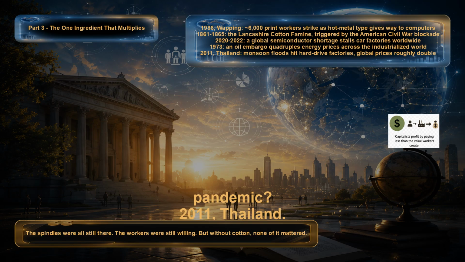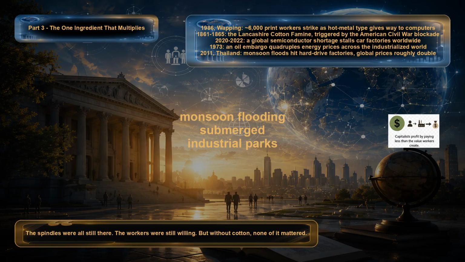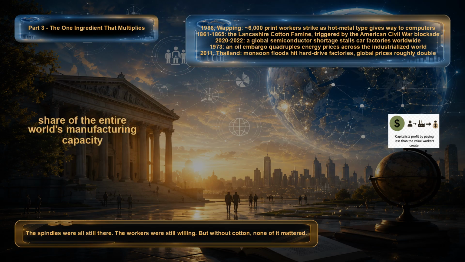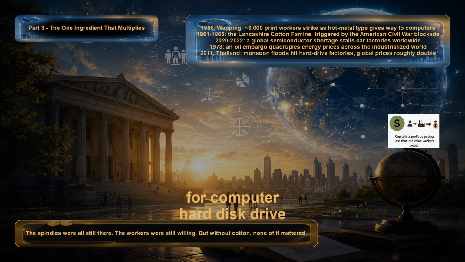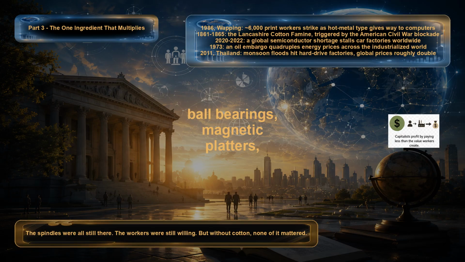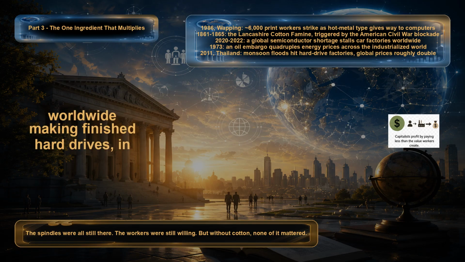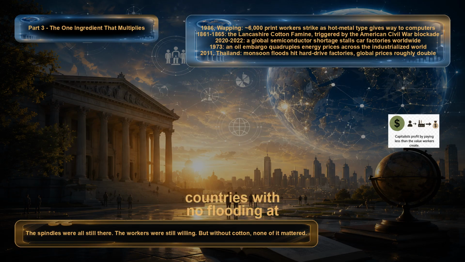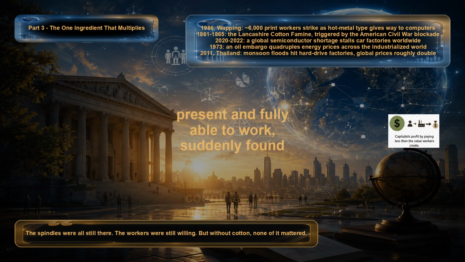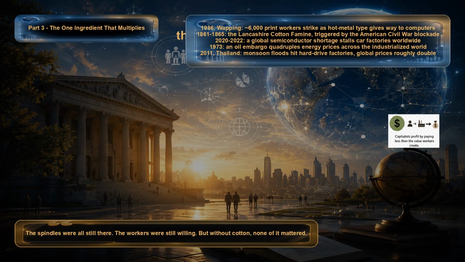2011, Thailand. Severe monsoon flooding submerged industrial parks outside Bangkok that happened to house a huge share of the entire world's manufacturing capacity for computer hard disk drive components: ball bearings, magnetic platters, precision motors. Factories worldwide making finished hard drives, in countries with no flooding at all, workers fully present and fully able to work, suddenly found themselves without the specific constant capital components those Thai factories supplied, and global hard drive prices roughly